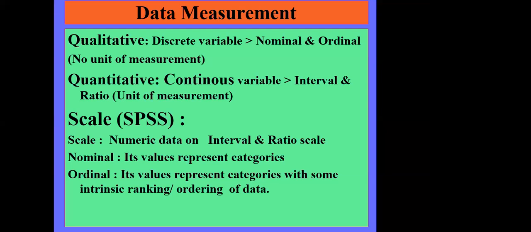So when we make use of the software SPSS, SPSS has only 3 scales. Nominal scale is there, ordinal scale is there. Both interval and ratio scales are referred to as just scale. Scale means it includes both interval and ratio scale. Nominal means it is only categorical data, limited categories such as marital status, employment status, employed or unemployed. This is nominal. And if there is an ordering of the data,